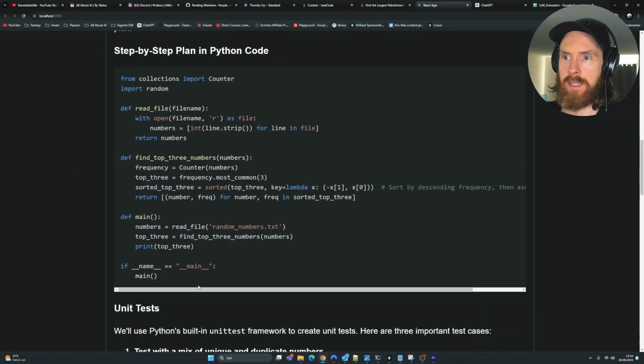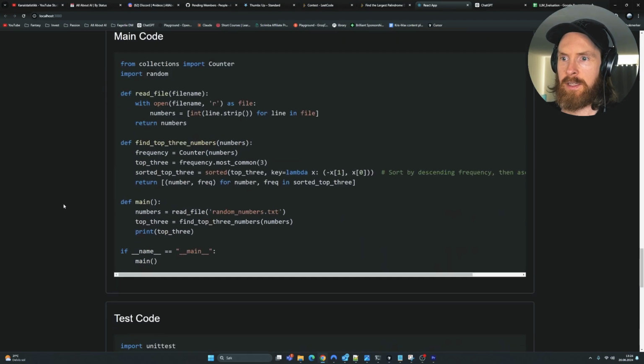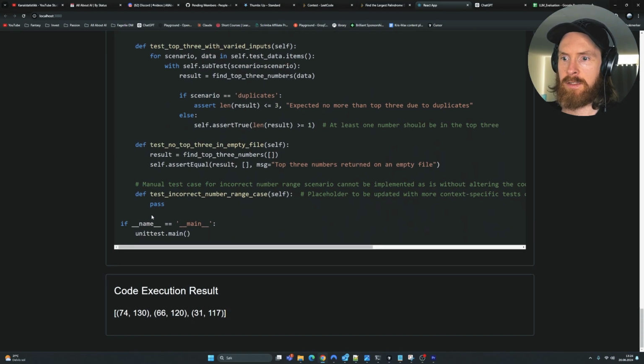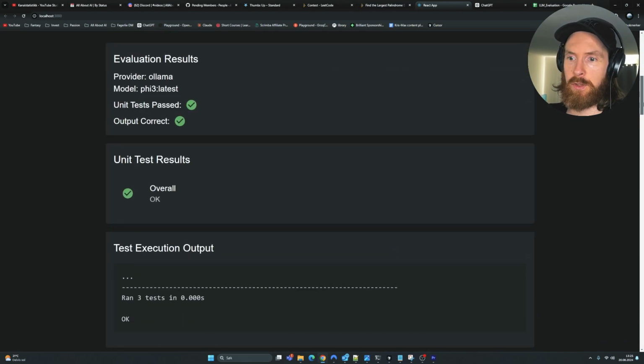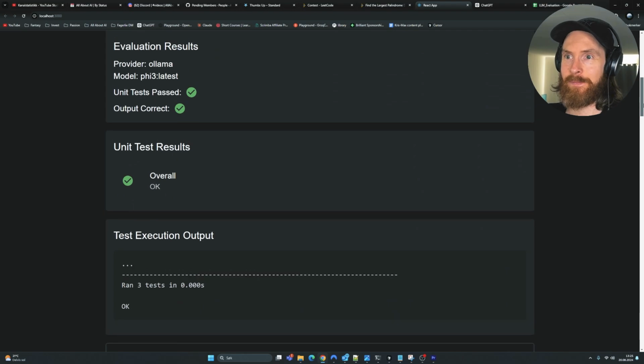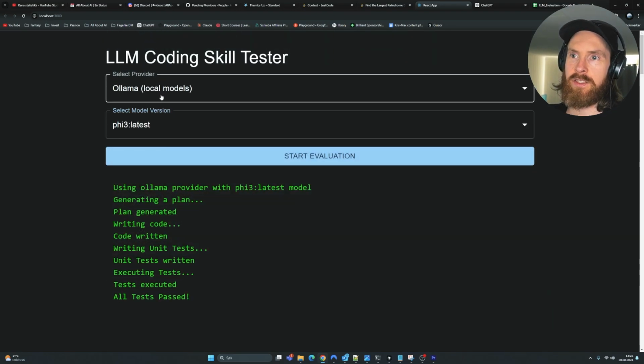So you can see we get a step-by-step Python code. We get some unit tests here. Here's the main code. Here's the test code. Wow, it solved it. That was pretty impressive. Okay, so Phi3 solved it too. That's pretty cool. I didn't really expect that. Okay, so we can tick that off too. Let's do